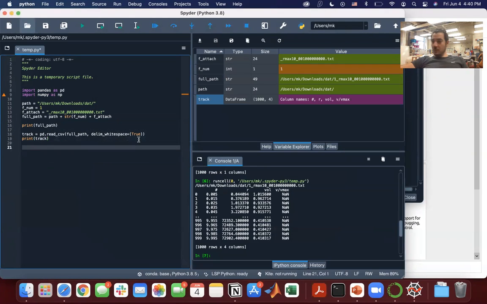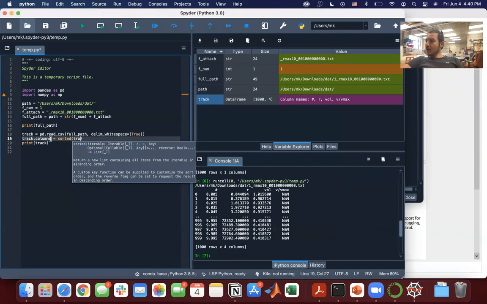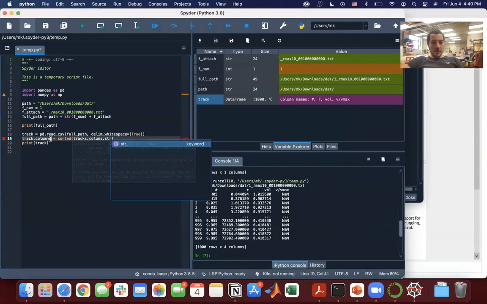What we're gonna do is take the columns from the tracks, tracks dot columns. They will be strings, and replace